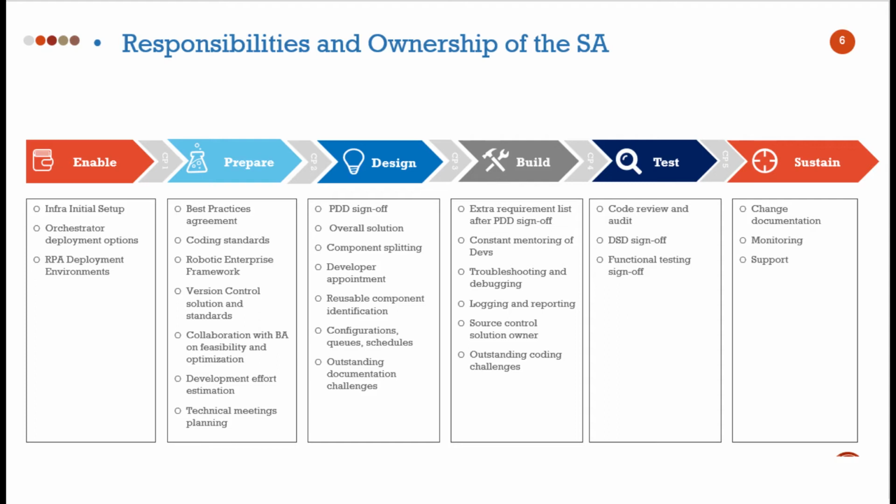Now, the solution architects themselves don't go ahead and install the things that are required, but they are somebody who decides what kind of installation is going to happen. Okay, what are the deployment options that are available, whether it will be on-prem, whether it will be cloud, whether it will be high availability, disaster recovery, all those kinds of permutations and combinations that are available. You have to make the best decision